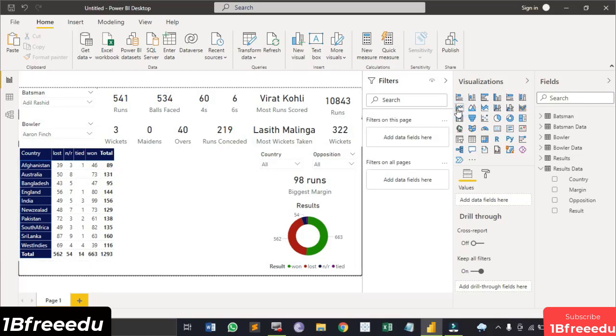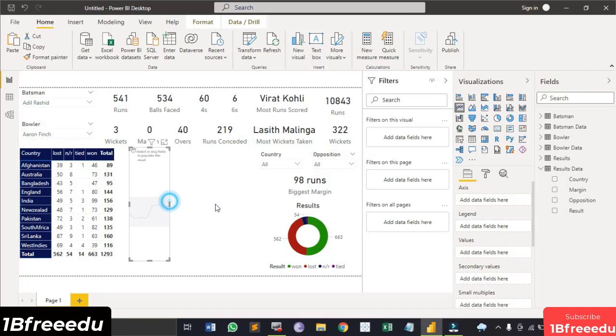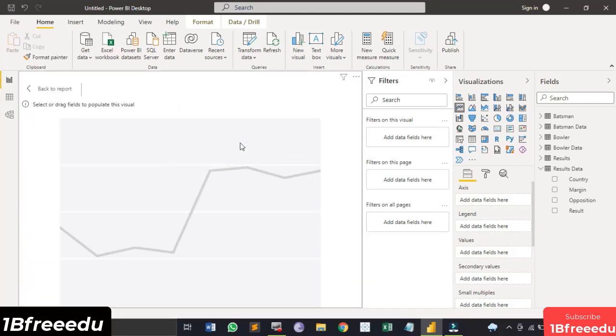This is the chart that we want, the line chart. Okay, so this is the space that it's going to take. Let me just adjust it, and now we can just go into the focus mode because it would give us the full screen view of this particular visualization. And I'm going to select the duplicate batsman data and the duplicate bowlers data for this purpose, just to avoid the confusions that arise during customization of the values, right?